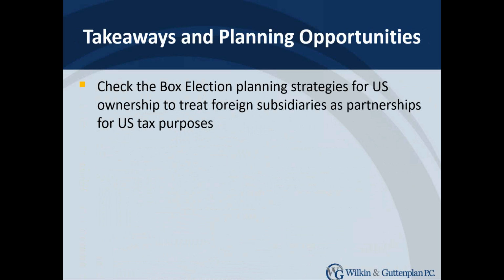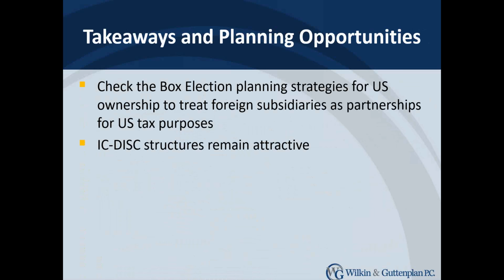Now, making that decision could have a tax impact one way or the other, but with these new rules that apply to CFCs, it may be worth looking to see whether I'm better off, instead of being treated as a corporation for U.S. purposes, being treated as a partnership and avoiding a lot of these rules. Obviously, as a partnership, I'm going to be paying flow-through income on everything, but I also generally get a much more liberal use of my foreign tax credits for what I'm paying into foreign jurisdictions. So check the box planning, I think, is even more critical now than it ever was.